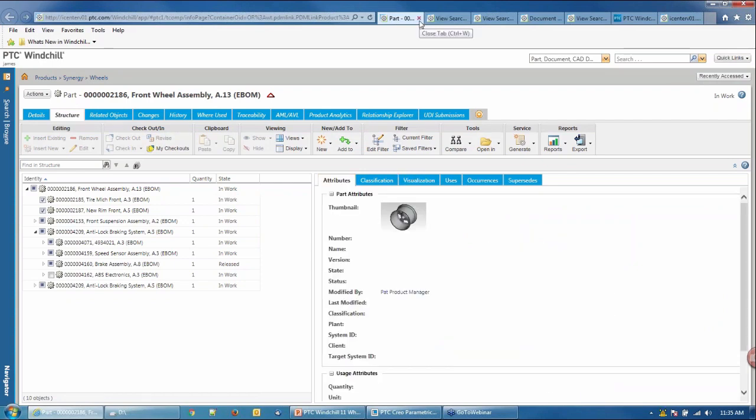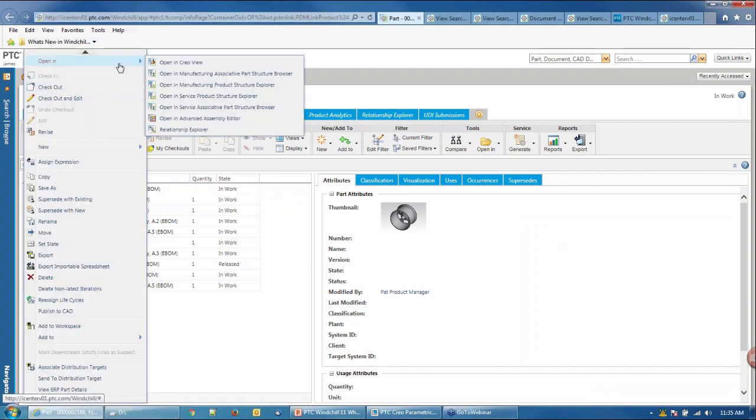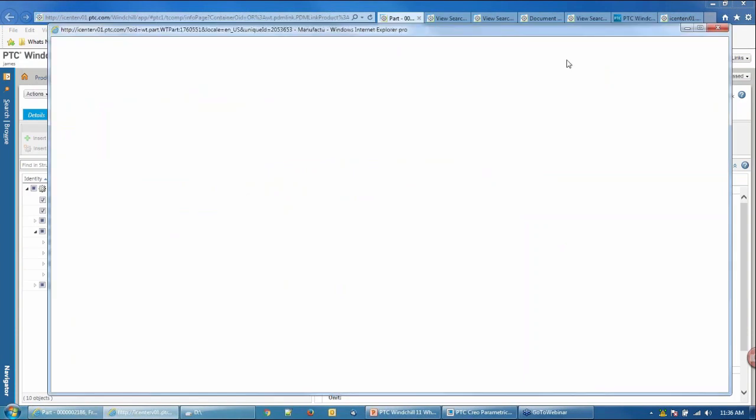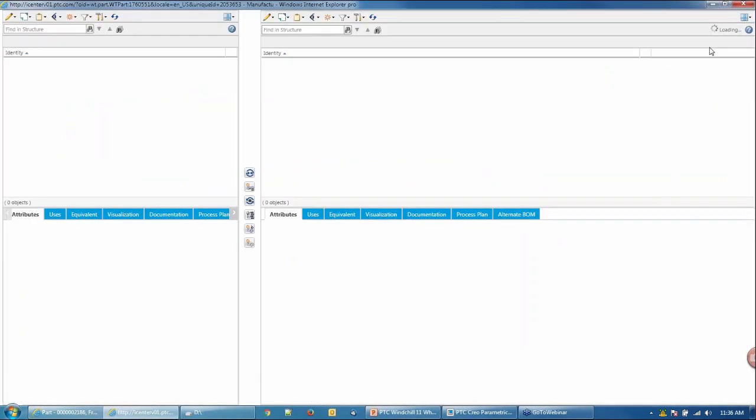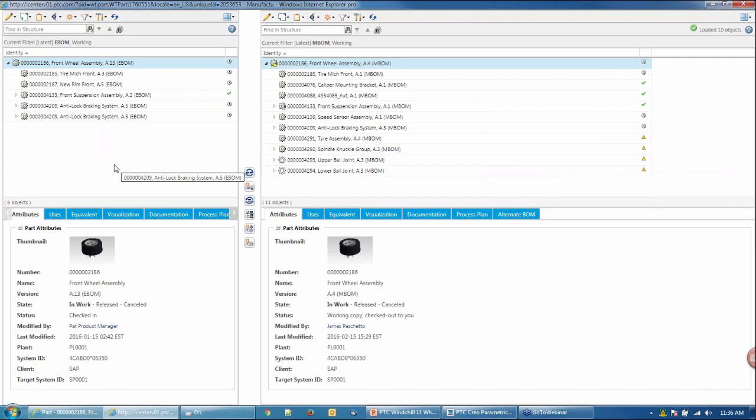All right, so let's quickly transition over to the Windchill MPM Link enhancement for transforming your engineering view of your bill of material to a manufacturing view of the bill of material. So I'm going to invoke the action to open up this particular product structure in the new Manufacturing Associated Part Structure browser. Again, this is a new HTML UI that allows me to reconcile and create downstream views from my